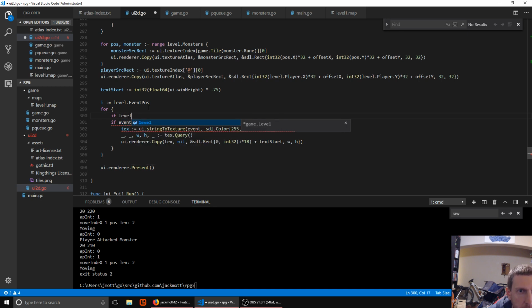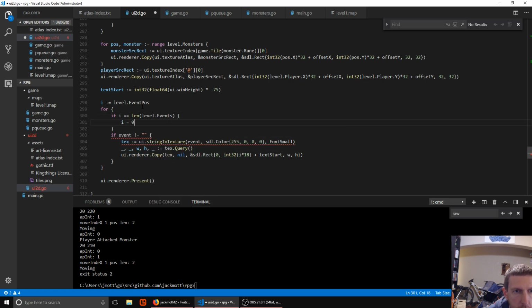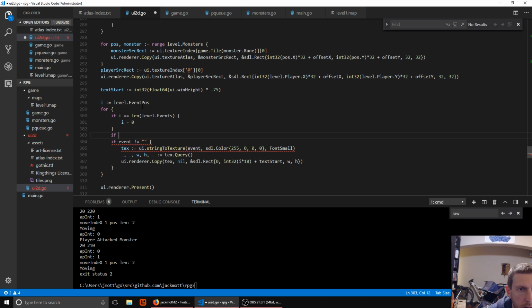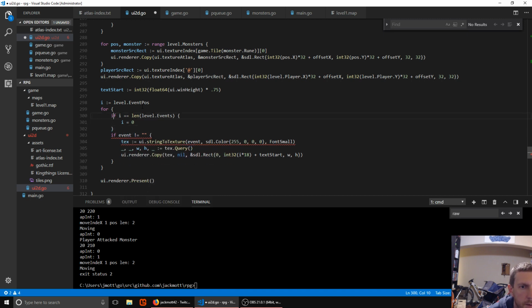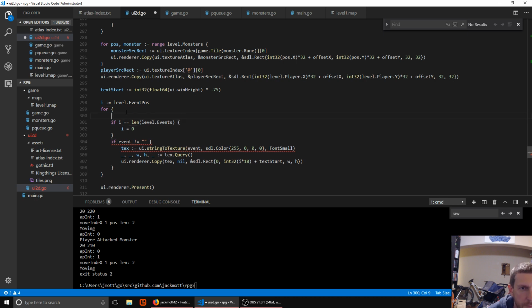So if we get to the end, we need to wrap around to 0. If we get back to event position,